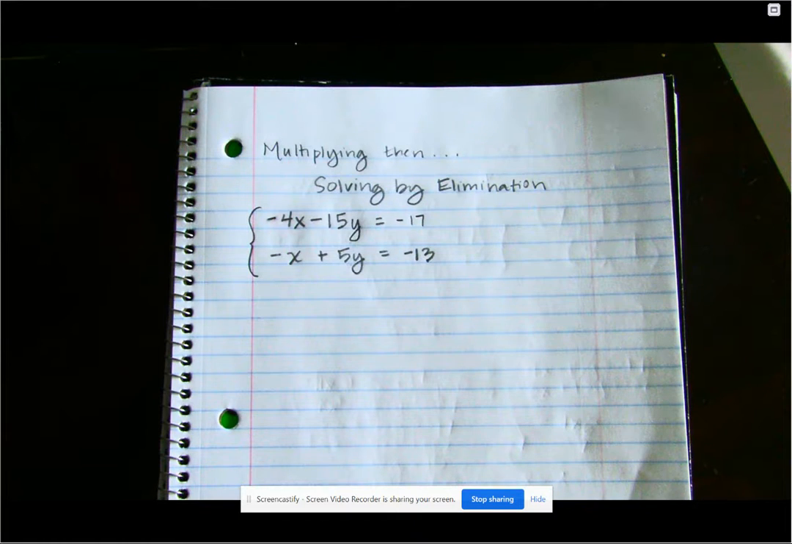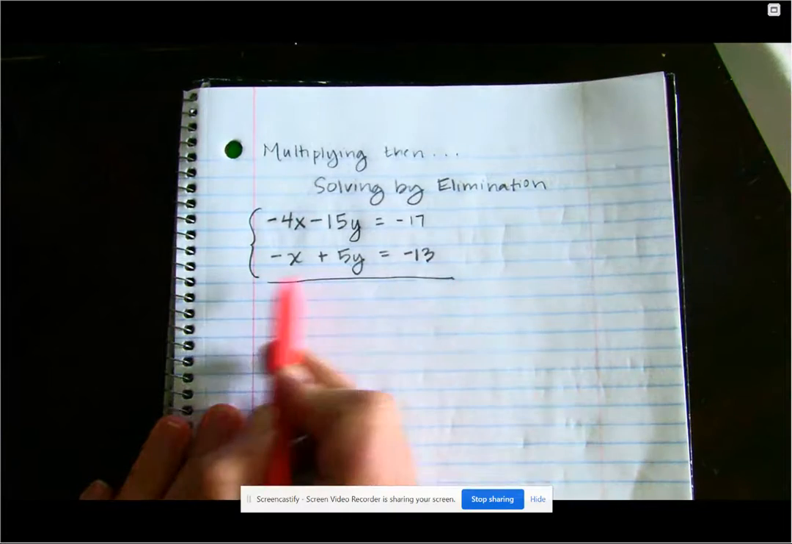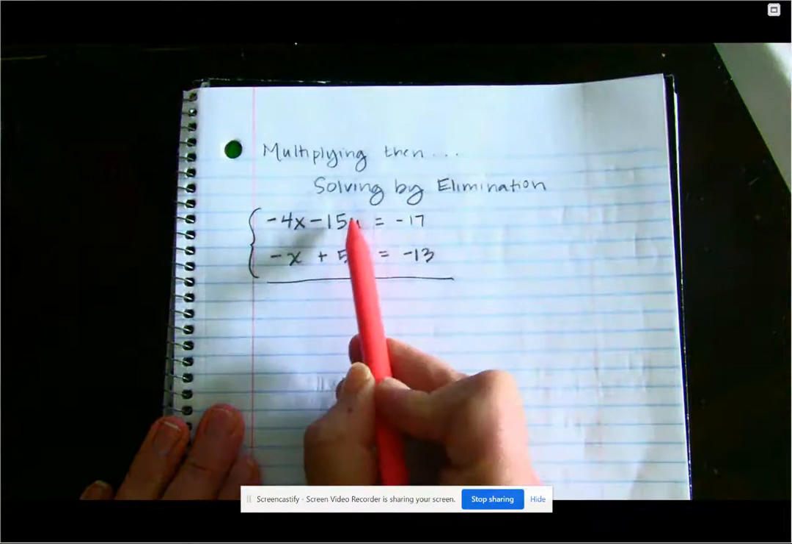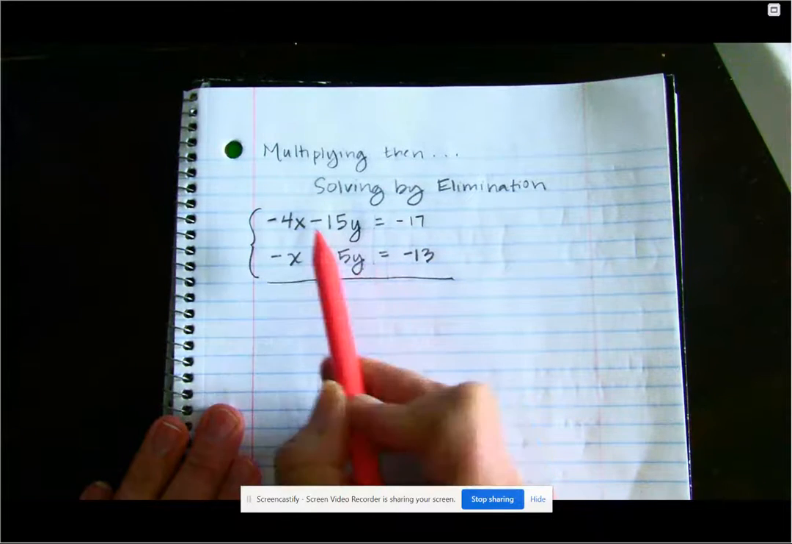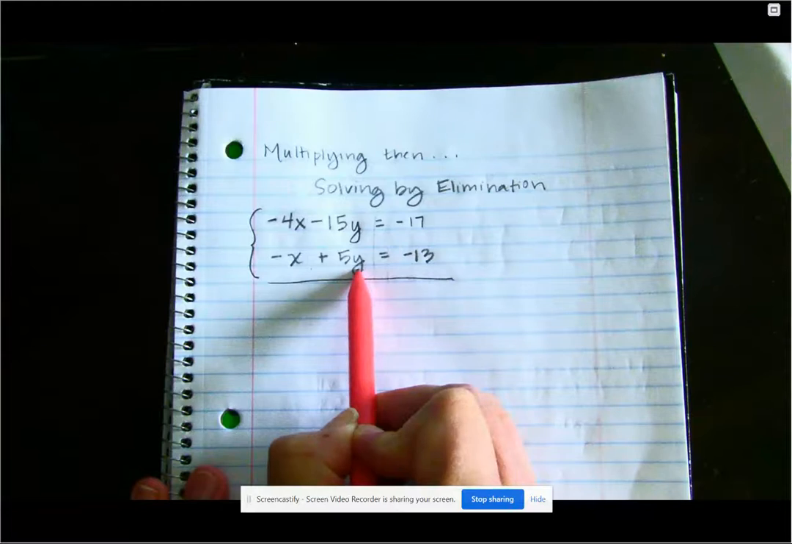Okay, sometimes when you're trying to solve by elimination, you'll notice it's kind of ready to be eliminated, but not really. Meaning the x's and y's are on one side of the equation. It looks like it's lining up nice. But if you added it, none of the variables would eliminate. That's because we need them to be opposites. So what you're going to have to do is a little bit of manipulating